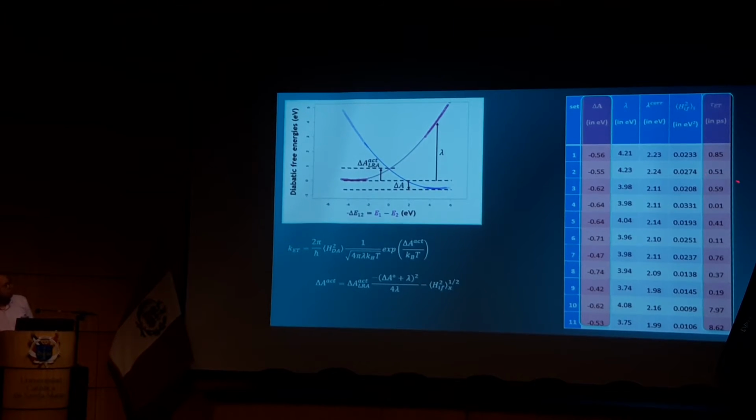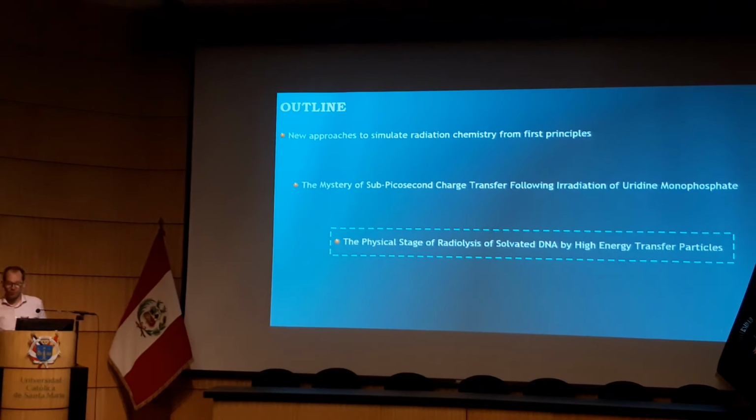And what we see here, don't take these values as completely exact. We have uncertainties, but at least we are in the range of the picosecond time scale. So it's going in the good direction. Eventually, effectively, we could have a sub-picosecond electron transfer from the phosphate to the uracil base. So this is in fact how we accounted for the experimental results, that they don't observe this hole on the uracil after the radiolysis.